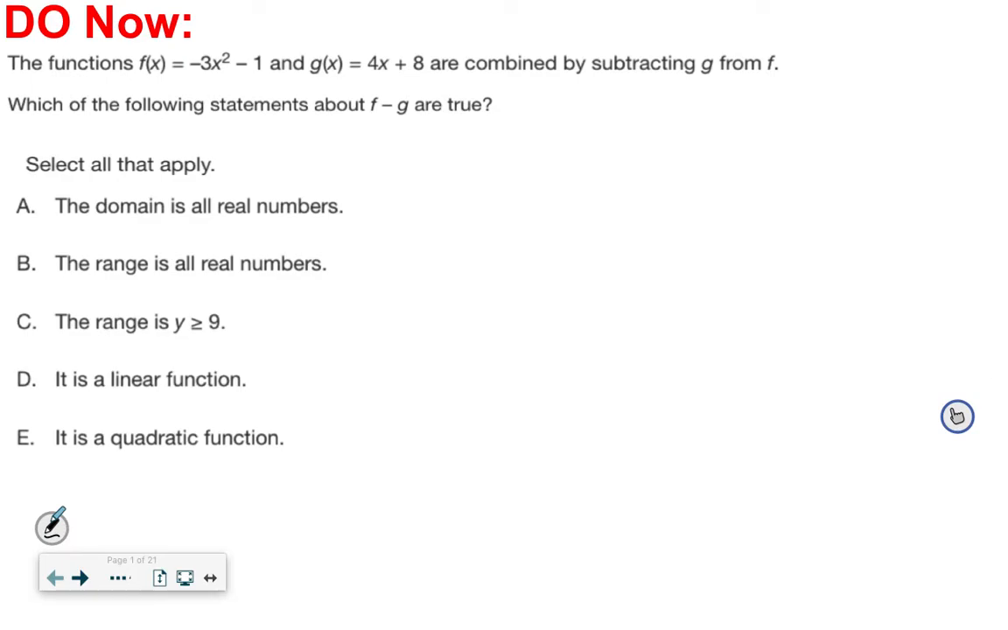Hello, ladies and gentlemen. Today we are going to start a new topic. Before that, we have a do now question. The functions f of x is negative 3x squared minus 1 and g of x is equal to 4x plus 8 are combined by subtracting g from f. Select all that apply. So remember that, ladies and gentlemen, f minus g